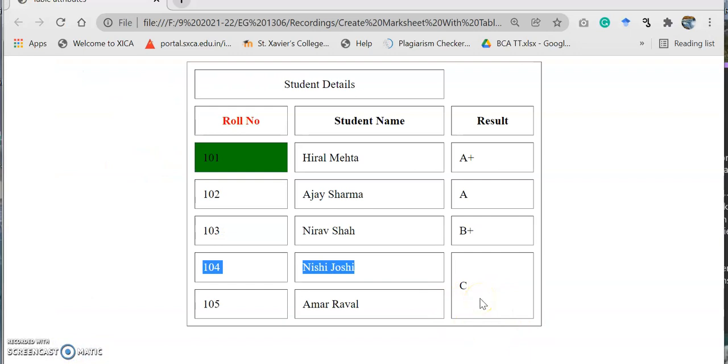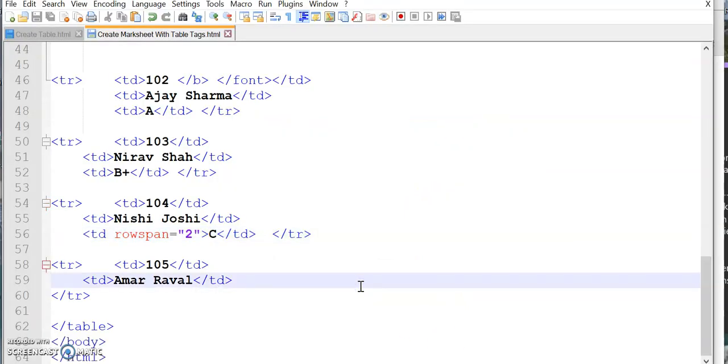That's it, right? So this is how you can create the table. You can do all types of R&D. You can change the values, you can add rows, you can merge rows, cells and everything; you can try on your own. Fine. So that's it for this class.